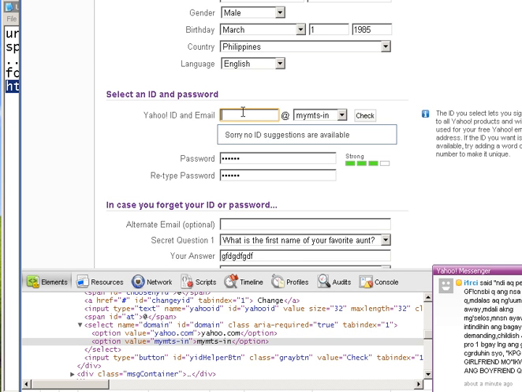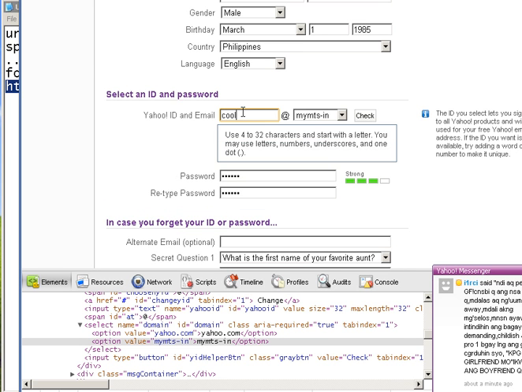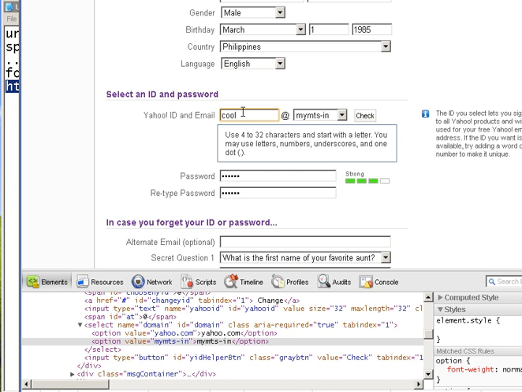Okay, now put in the ID. I will make an ID. You may put in a slash sign. And just like that.